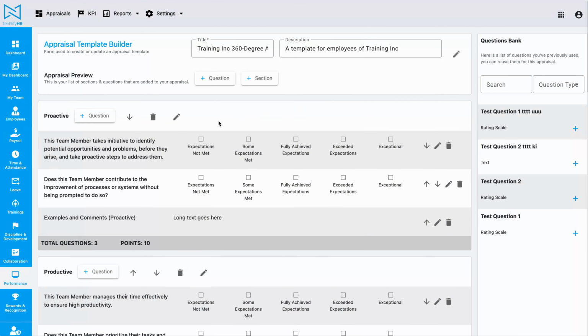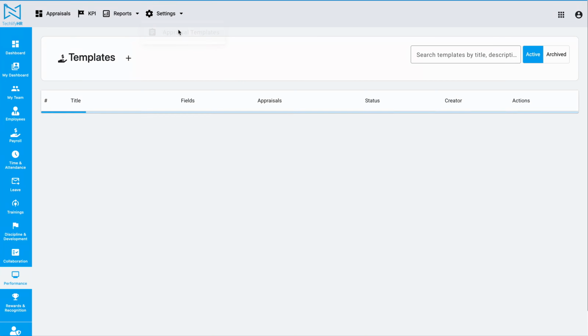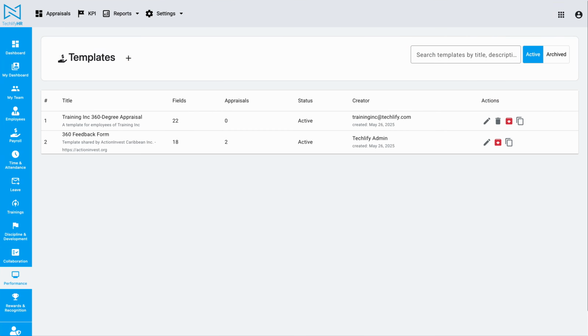Now, there are a few functions of the appraisal template builder that I wanted to show you. And for this, let's take an example. We need to build out a separate template from this one for our leadership team. The template for the leadership team is very similar, but there are slight differences. So instead of creating a new template like we previously did and then repopulating all the questions, there is a feature in Techlify HR for you to copy a template. So if I go ahead and copy this template,